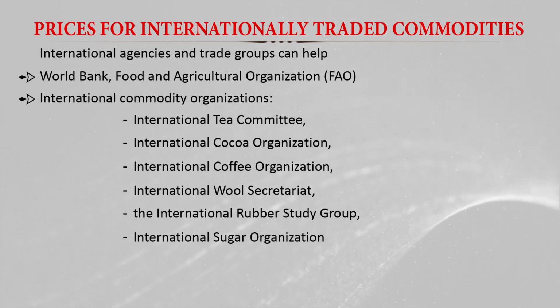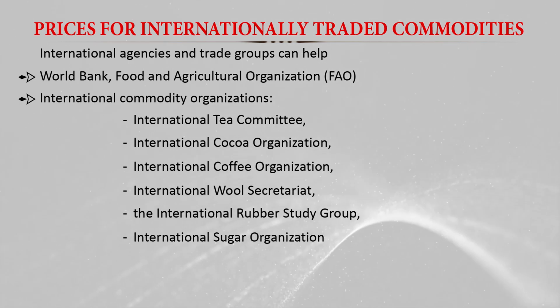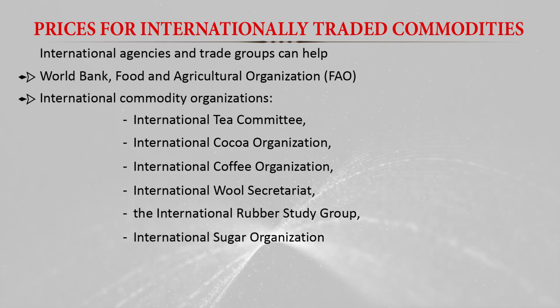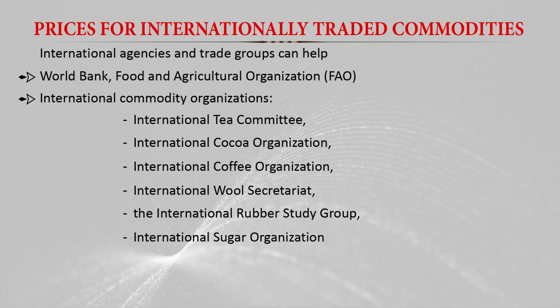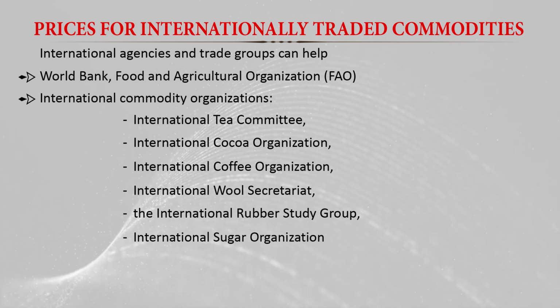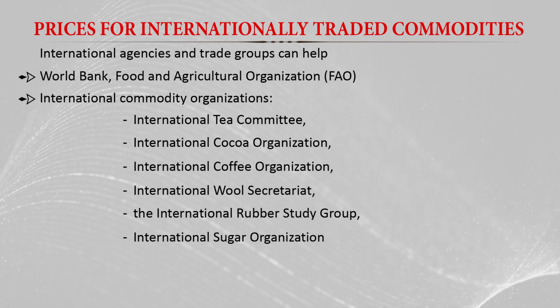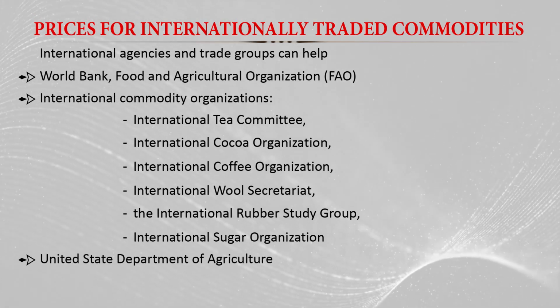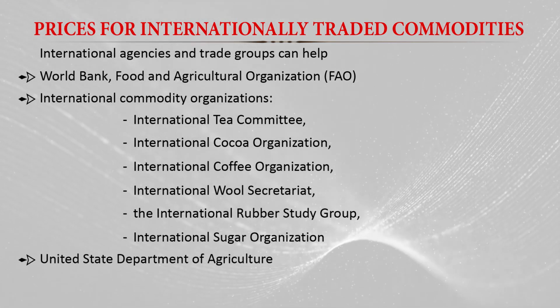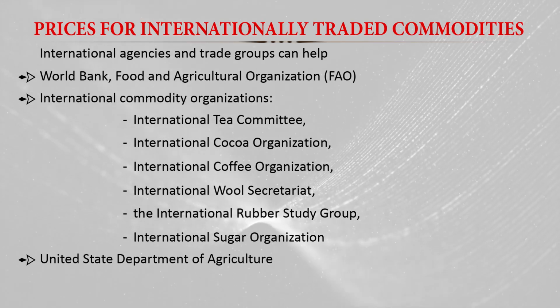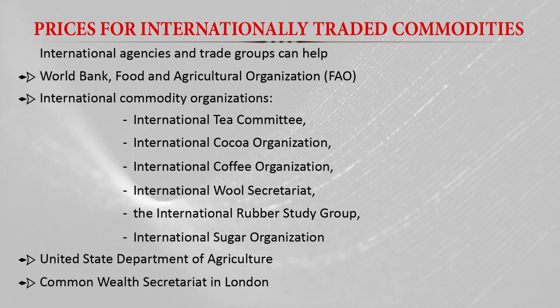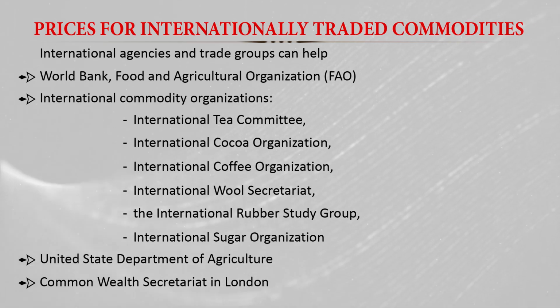These manage their own commodities. All the information, prices, and future projections are with them. There are other organizations like the United States Department of Agriculture, which also maintain price information, and the Commonwealth Secretariat in London, which also maintains the prices of internationally